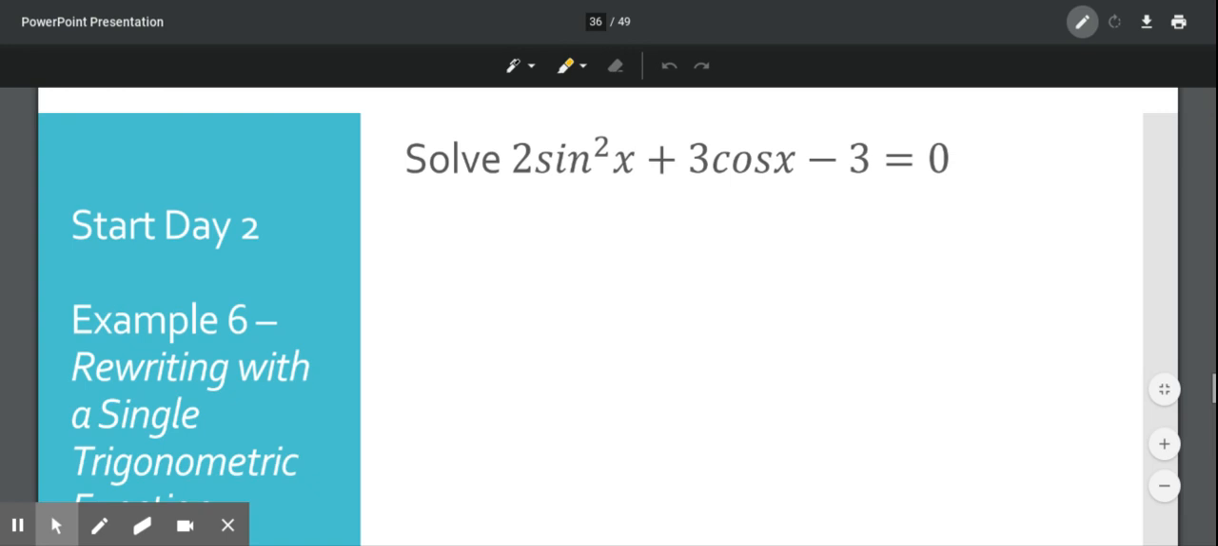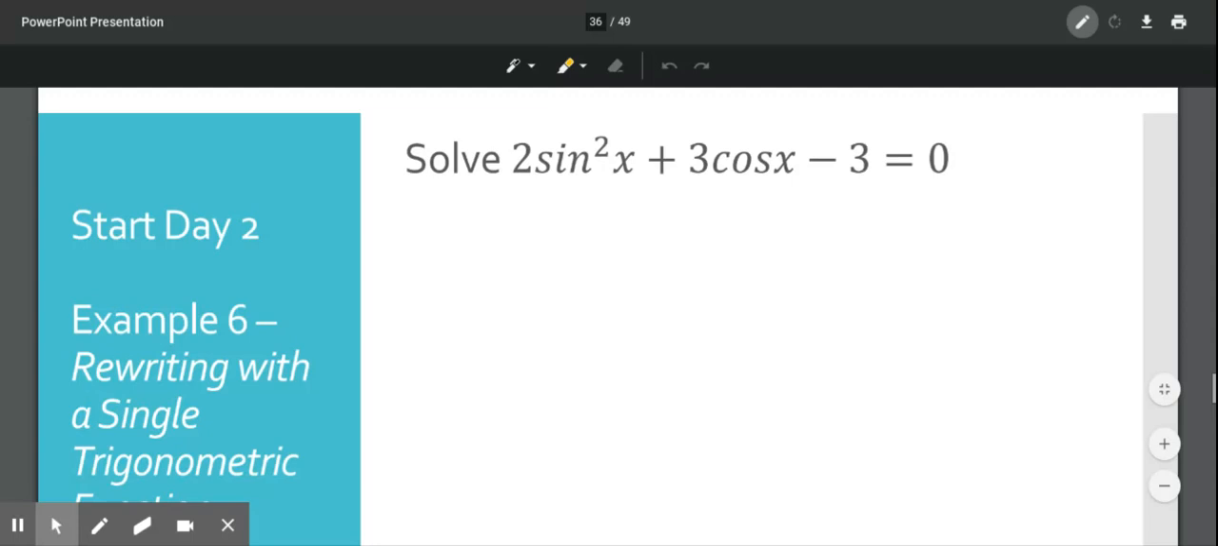So this is still 5-3. We're calling it day 2. So this is really just that second part of 5-3, so maybe the 5-3b. And we're still just working on solving equations, but we're going to probably get into a little bit more challenging